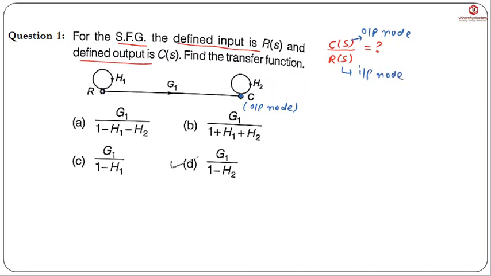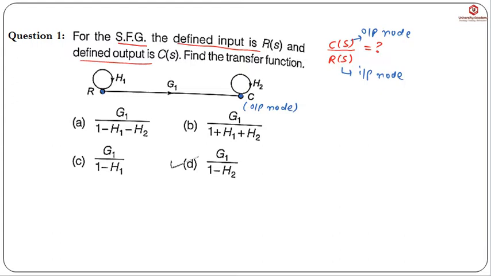But if we observe this node R, यहाँ पे क्या है कि R पे outgoing branch भी present है. Okay, and there is incoming branch at this node also, because इस particular node पे एक self loop present है. Okay, so because of that this node R is having both incoming and the outgoing branches. So this is a mixed node. बट यहाँ पे R हमें इनपुट नोड चाहिए.